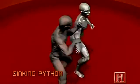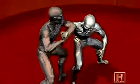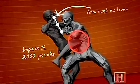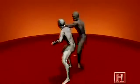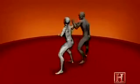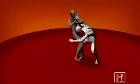The secret to the move is wrist control. By rotating your opponent's wrist to the maximum extent of its range of motion, the bones of the wrist lock against the bones of the forearm and make it impossible to bring the strong muscles of the upper arm to bear. Then, you can pull your opponent off balance and into a potent knee strike. The combined force of the knee strike and your opponent's forward momentum can be as much as 2,000 pounds,